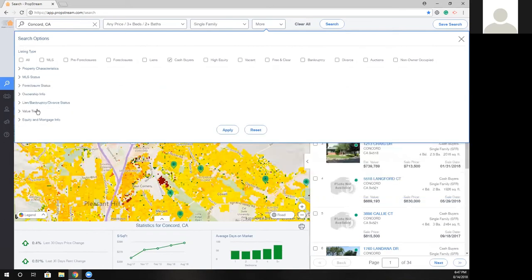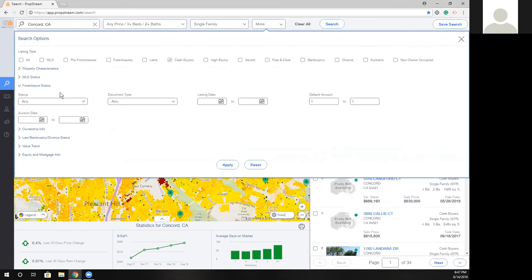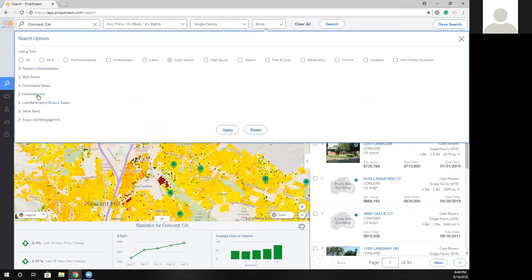The third section is our foreclosure status. So I can also stack on top of my results by saying cash buyer that also has a notice of default recorded against his property with the listing date, default amount. So this would work well if I was, let's say, for example, searching for pre-foreclosures. I can specify the status, the type of document the pre-foreclosure is recorded under, when that pre-foreclosure was listed, and the default amount if I wanted to take that approach. For this example, I'm looking for cash buyers that don't have any distress statuses. So I'll ignore foreclosure status.